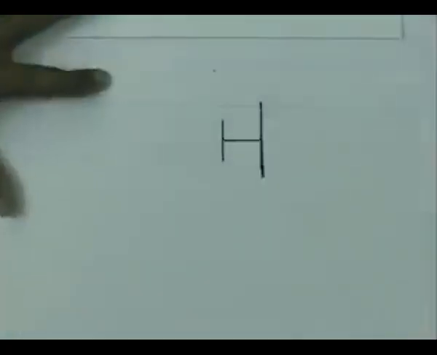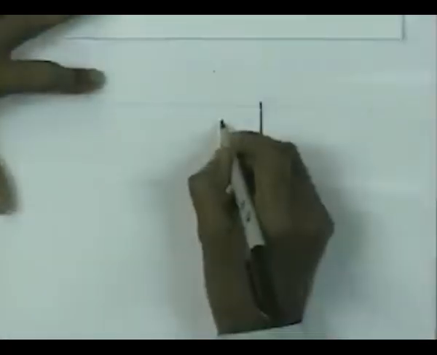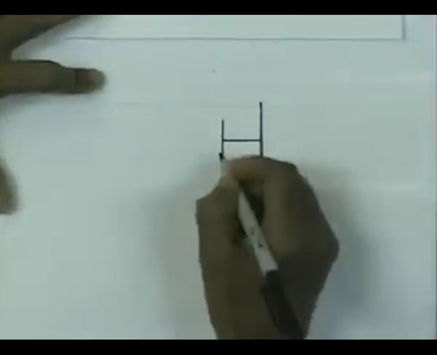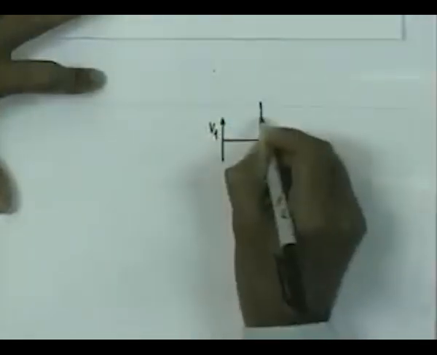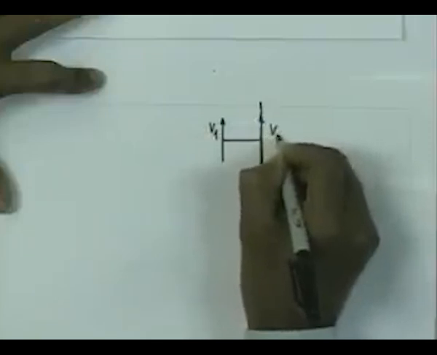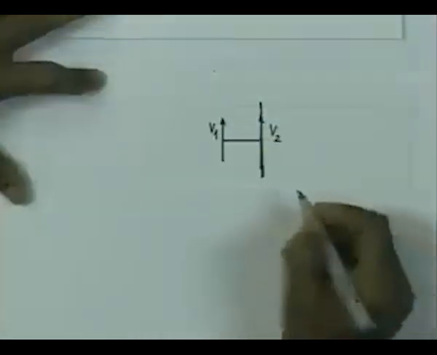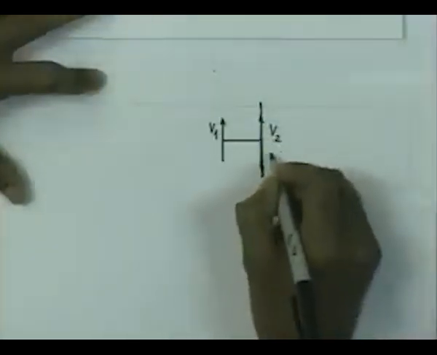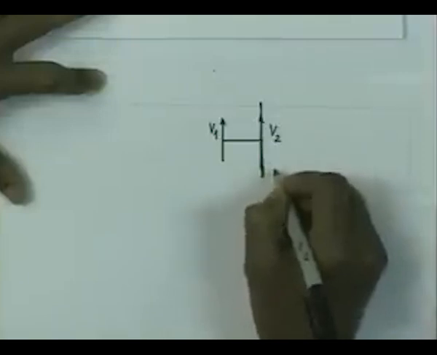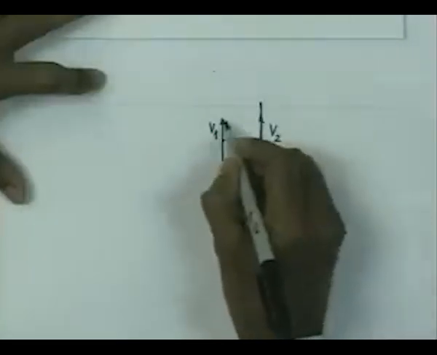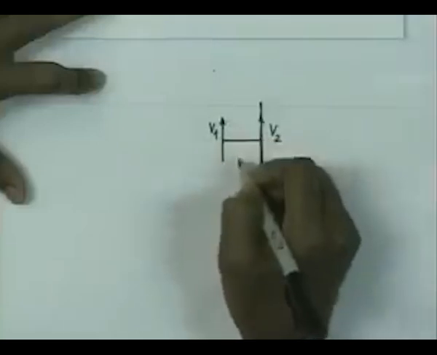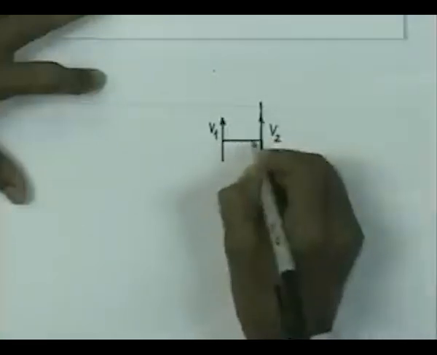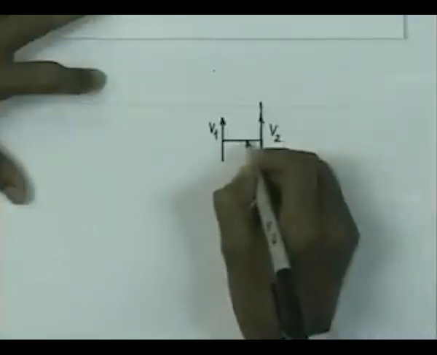So, we can now write schematically, this is the cross section, and we have V1 acting here and V2 acting there, and as I said, our external force is acting vertically up, and therefore it is acting on the vertical plane,